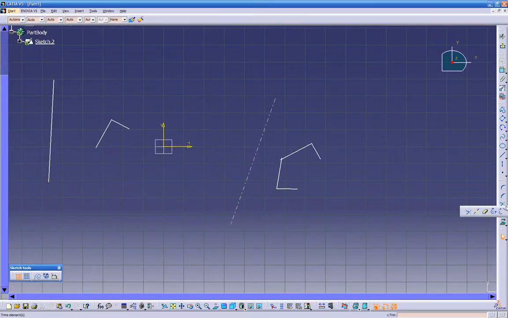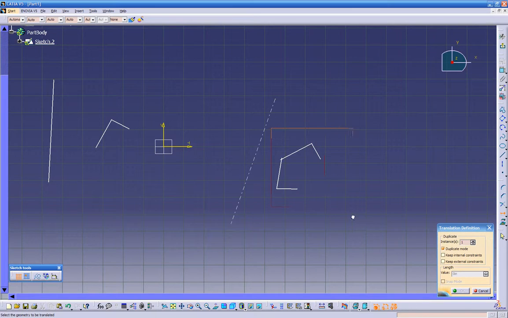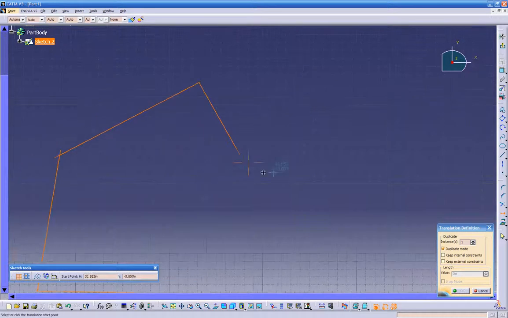Now we have over here, sorry, let's go back to symmetry. We have translate, rotate, scale, and offset. Those are pretty nifty features. So if you want to translate, just highlight the entities you want to translate. Then you want the start point, which is this end right here. As soon as I bring my mouse to the end of the line, it gets a full moon. You see right here, full moon. That means it's the end of the line. So I want to translate from this point